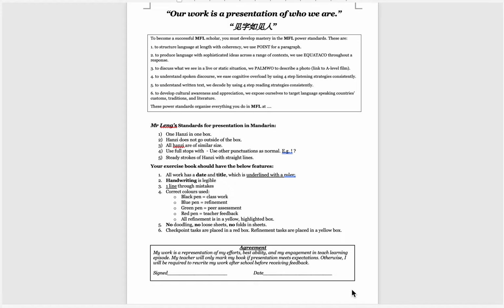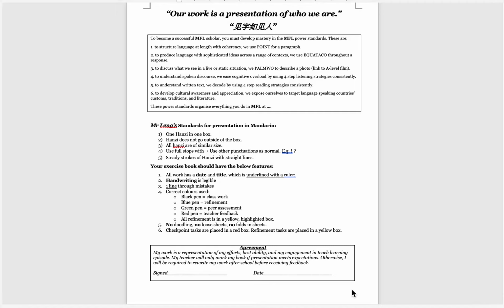And this specific episode is about the routine in exercise books. It is obvious that students should understand the importance of having their best presentation in the books as possible. And this habit or routine should be developed very early on in the course. Today I'm presenting you a sample agreement that all of my students will have at the front of their books. Please pause the video and have a look.